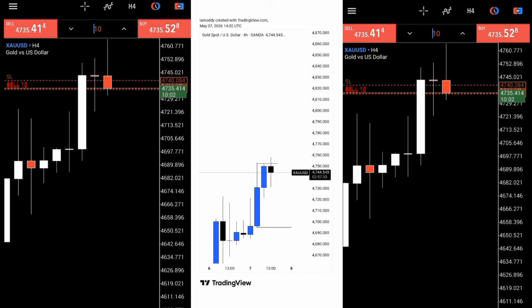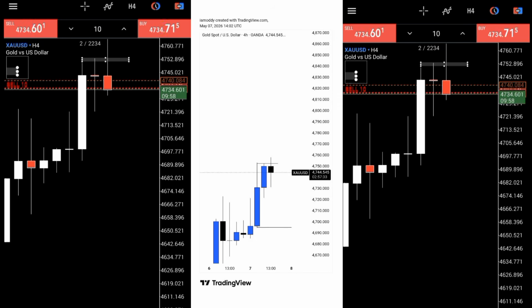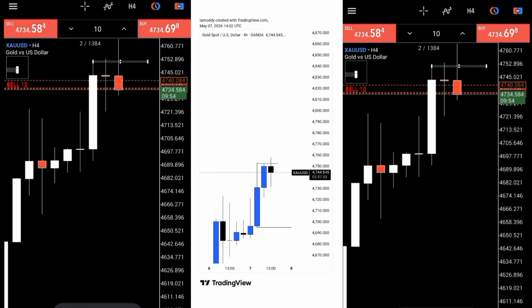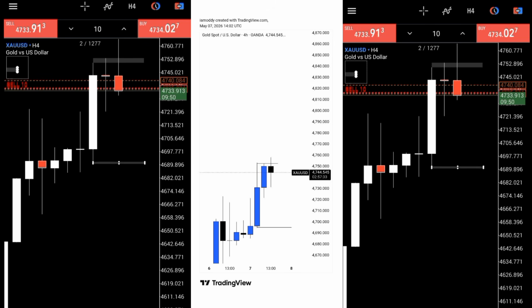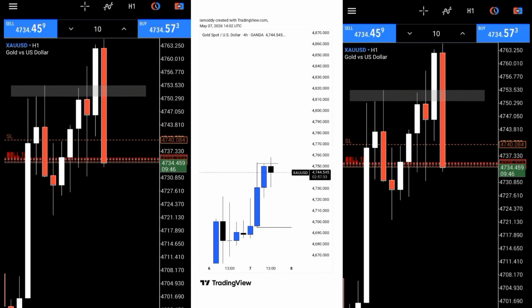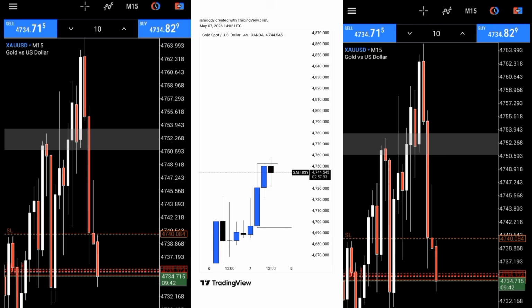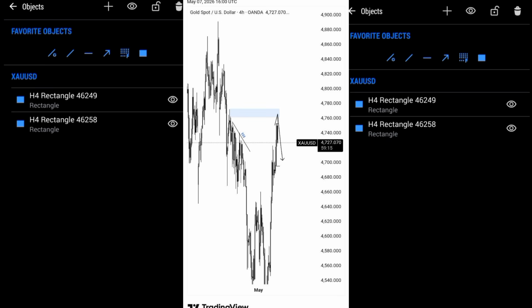Now if you check the 4 hours, you'll see a CRT formation, right? You can see it's the CRT high, price swept the CRT high, and then we're expecting the market to fall down to take out the CRT low. Now CRT is more like engineered liquidity in a broad perspective, if you're looking at it from a higher time frame, like a trend view. So it's more like engineered liquidity, and here is why.